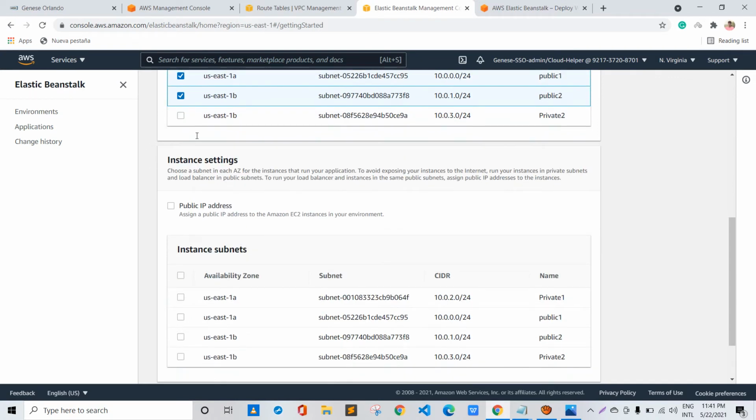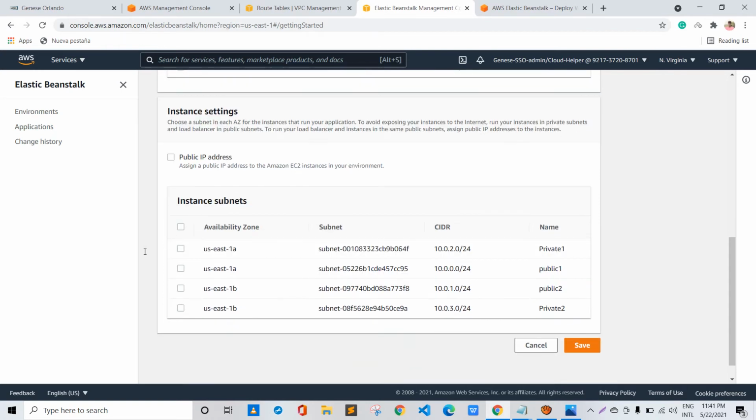And for the instance setting, we need our instances to be in a private subnet, so we'll be choosing the private subnets, that is us-east-1b and us-east-1a, that are our private 1 and private 2, and we don't want to assign public IP addresses to them because we want our instances to be in a private subnet or private network.